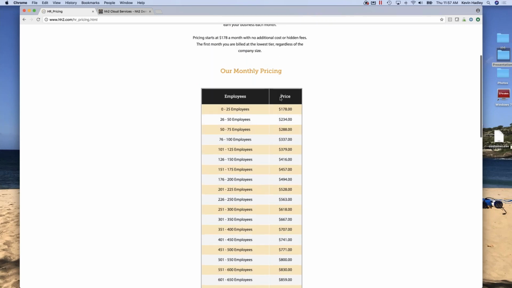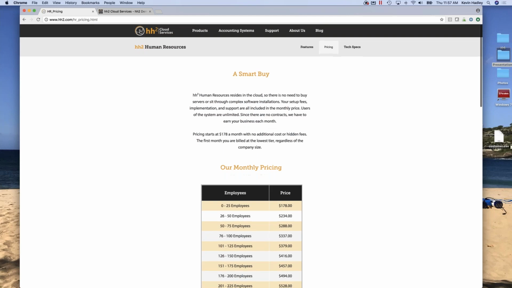There is no long-term contract. It is a month-to-month subscription. So again, everything was included. Employees can all have access to their records if you want. We don't price our product on individual licenses or whatever. You just do hh2, and then you guys determine how many employees you want to gain access, how many managers you have.